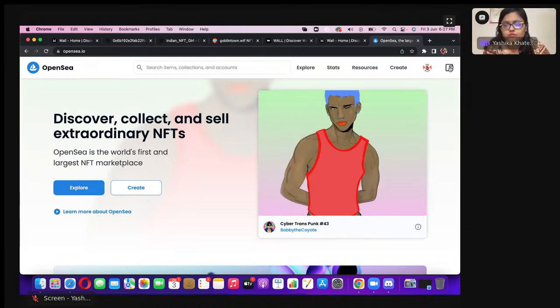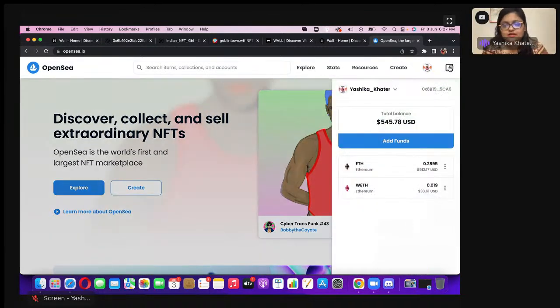So in Google Chrome, you can have the MetaMask extension downloaded, and then when you connect wallet, it will give you multiple options if you want to connect with MetaMask or anything else like Trust Wallet. In Trust Wallet, you have to connect with something called WalletConnect. But right now we are doing MetaMask. So you just click this, select MetaMask, sign in through your MetaMask, and this particular thing appears,